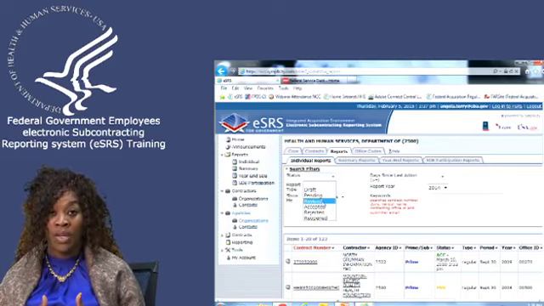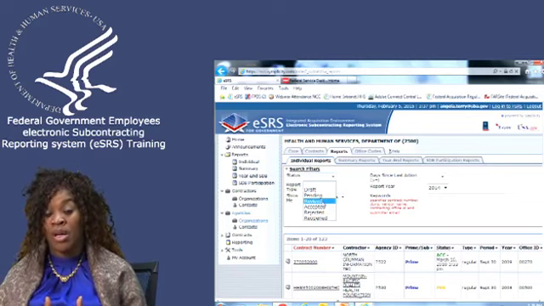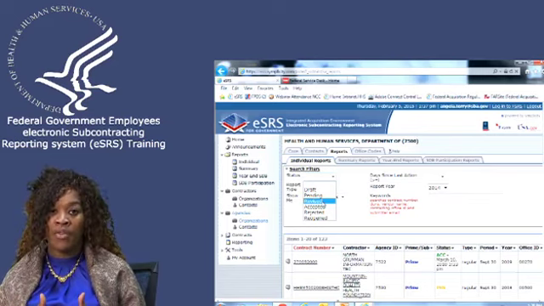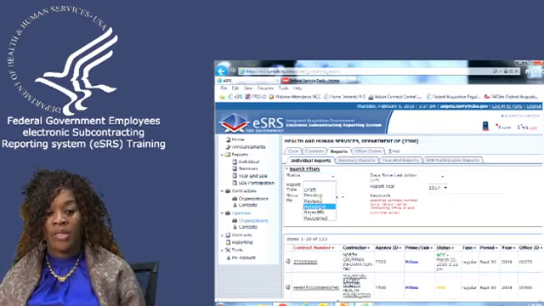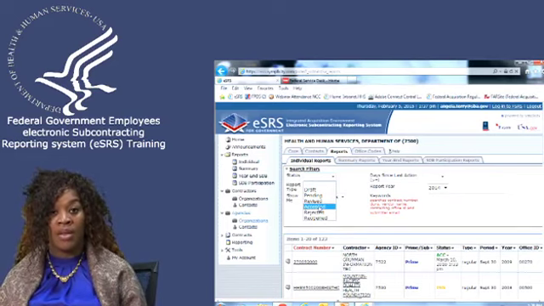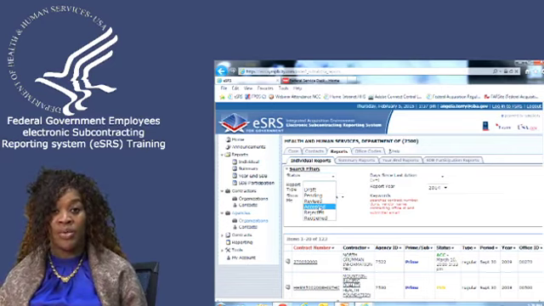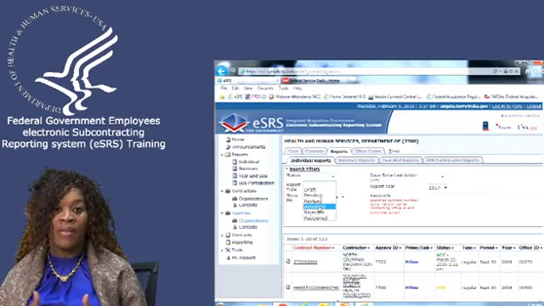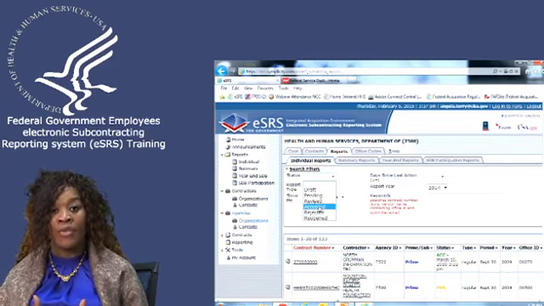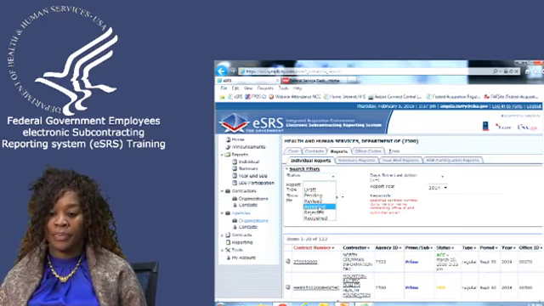The government reviewed it, they rejected the report. The contractor went back in, fixed the report, and has revised it, and is now waiting for the government to review it. An accepted report was a report that a contractor submitted, the government reviewed it, didn't see any errors, didn't have any known questions or issues with the report, so they have acknowledged receipt of the report.